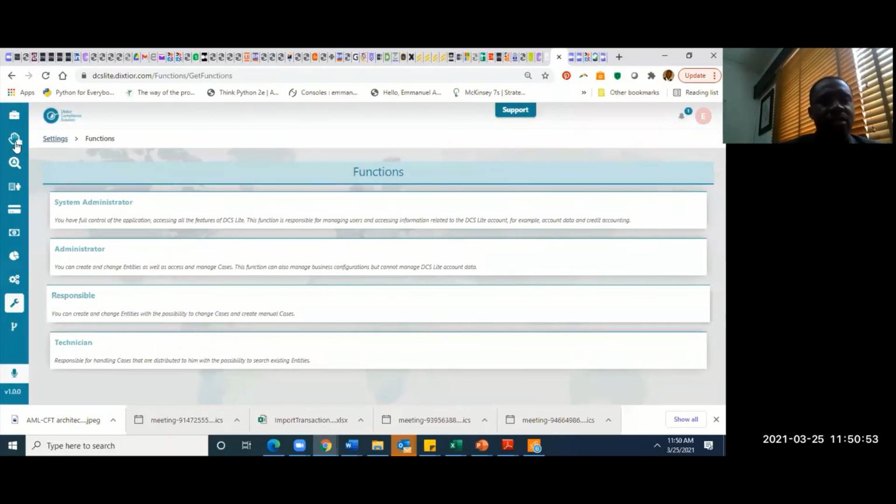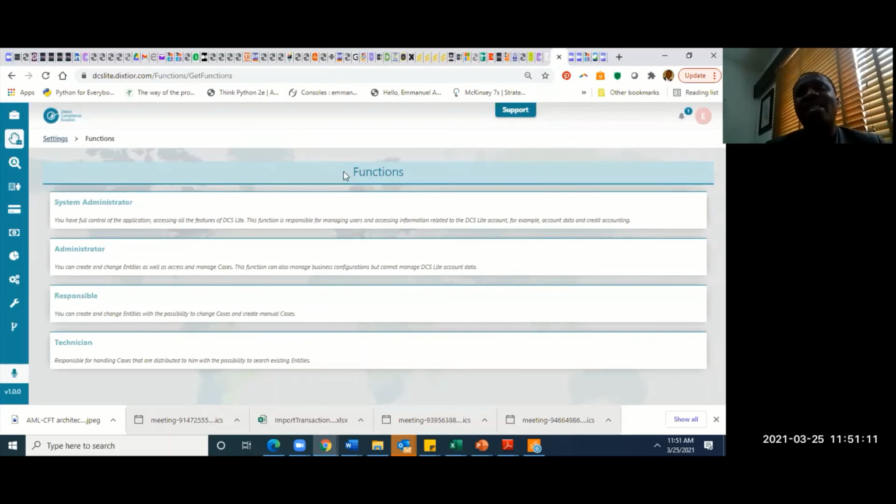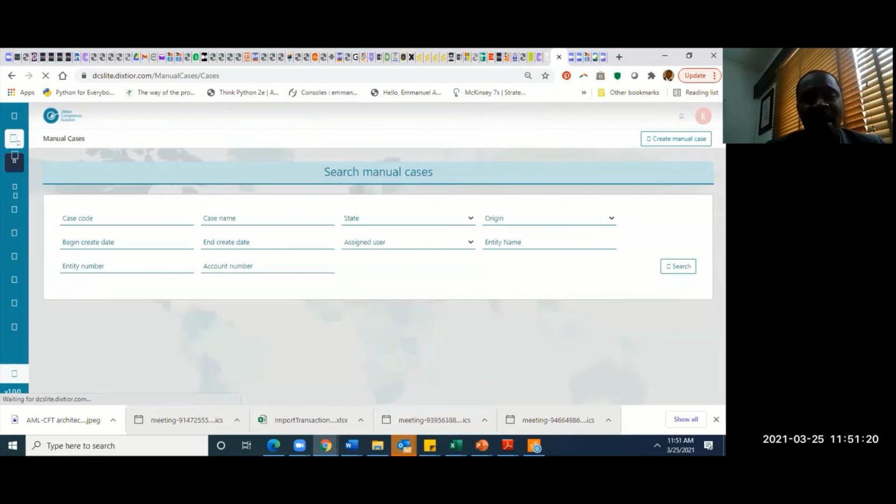Sorry, the system is just slow. Basically, I think the advantage of DCS Lite, apart from the fact that it's on the cloud, is that it allows you, for cost management, depending on the functionalities you actually need, to only have what your organization really needs. So you're not buying a solution that has almost everything, but you don't necessarily need them. DCS Lite allows us, based on your specific needs, to integrate with additional capabilities,